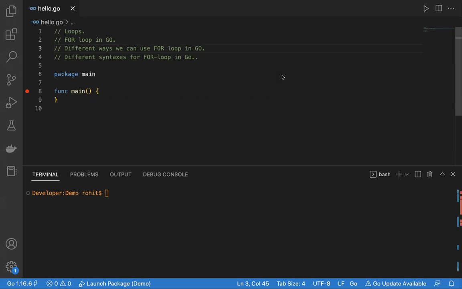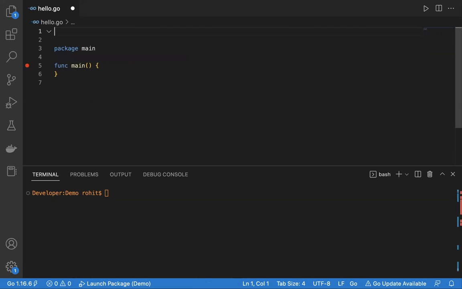Now let's talk about the for loop. Golang contains only a single loop, that is the for loop. A for loop is nothing but a repetition control structure based on certain conditions or without them. In Go language, the for loop can be used in different forms, and let me explain the forms one by one. So the very first form is